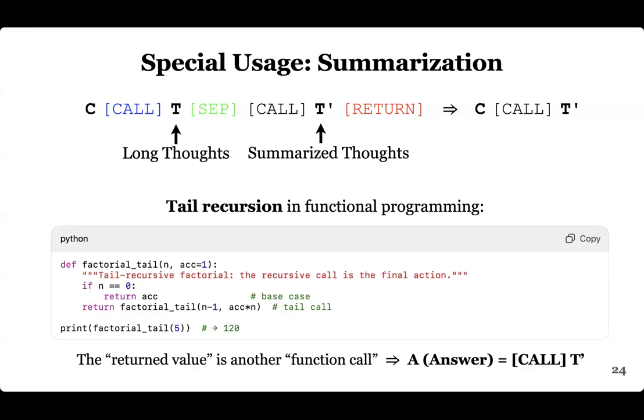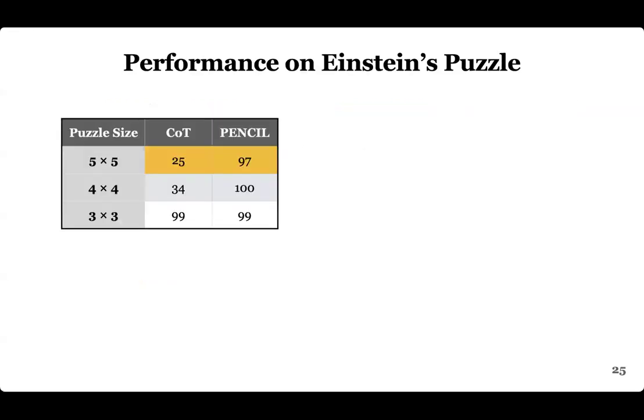use this reduction rule, right? So here is the performance on Einstein's puzzle. When the table size is 5 by 5, the performance of chain of thought is near random guessing, because even if you just randomly guess, the accuracy is 20%. But for Pencil, the performance can be almost perfect. And I'll note that